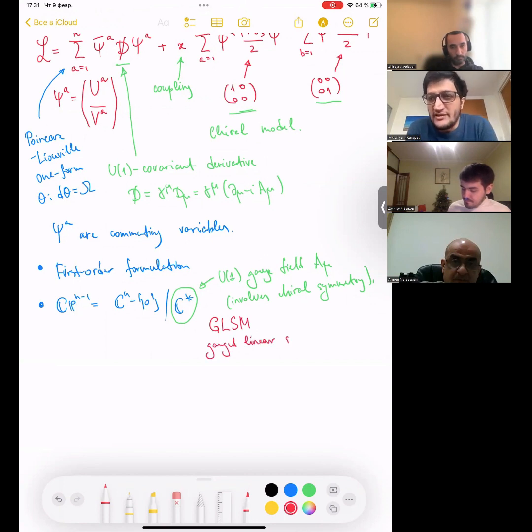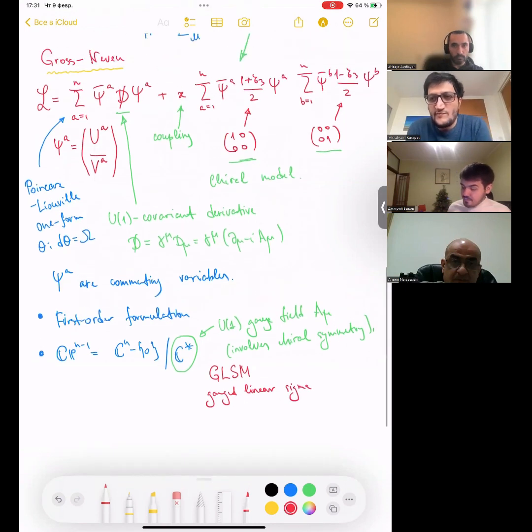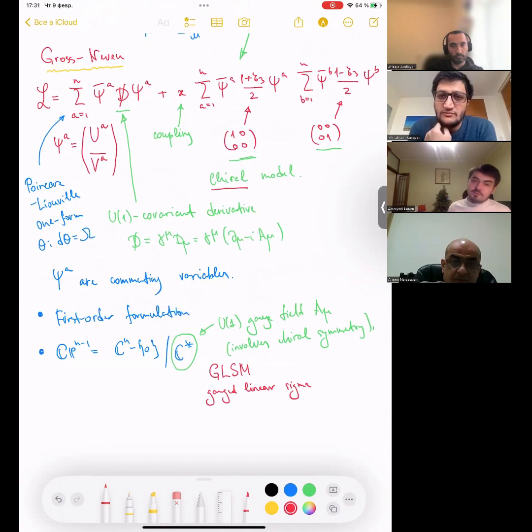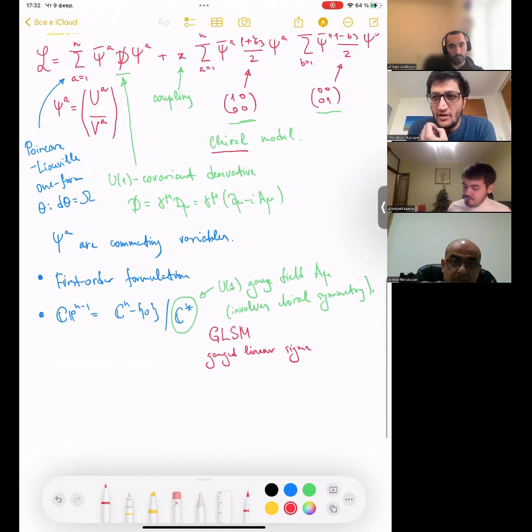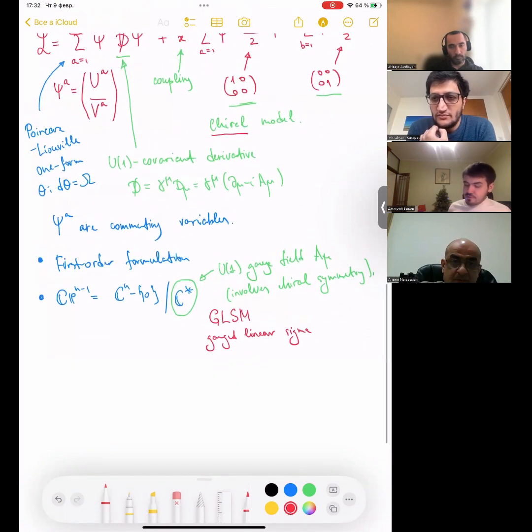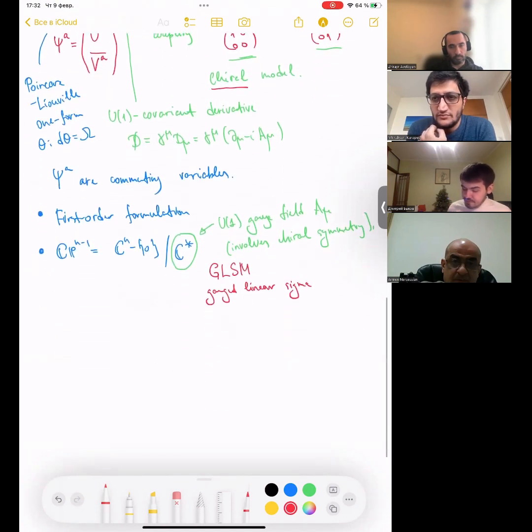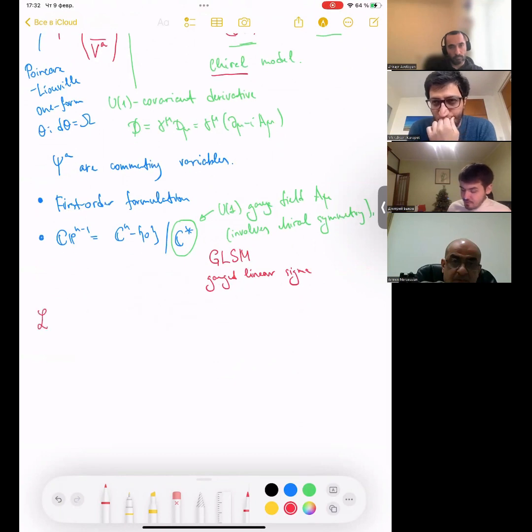So when you say chiral symmetry, what exactly do you mean? Yeah, so chiral in the same sense as here, we called it the chiral model, right? So I said there are these chiral projectors here. It's all sigma 3, this thing. So it becomes more clear if we rewrite the Lagrangian in the U and V variables. So in the U and V variables, one just gets